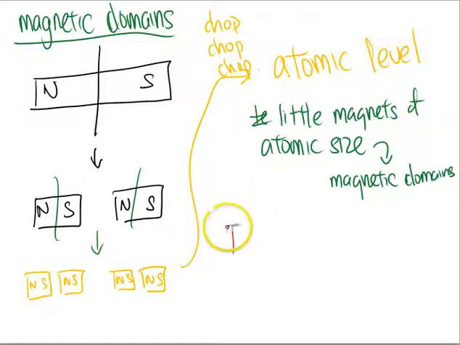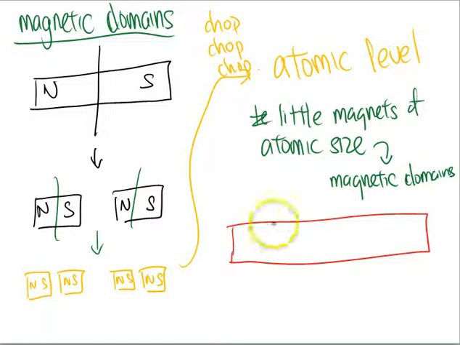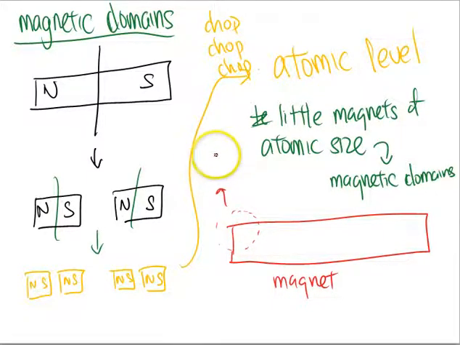In actual fact, if I got a magnetic bar here, my magnet, it's actually made up of many, many small domains. So if I can zoom in on this part, you'll see that there are many, many small magnets. The arrow represents the alignment of each of these magnets. Now, for a bar like this to become a magnet, most of them must point in the general direction.